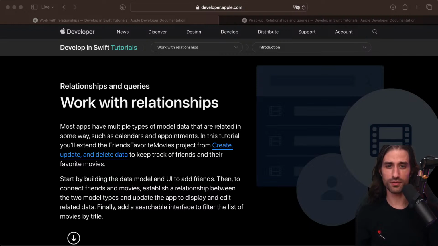Last time we covered in a bit more than 2 hours the basics of Swift Data. First we saw how to persist simple data on disk, so that whenever we relaunch our app, the data that was created hasn't been lost but has been persisted to disk and is still available on the next launch.